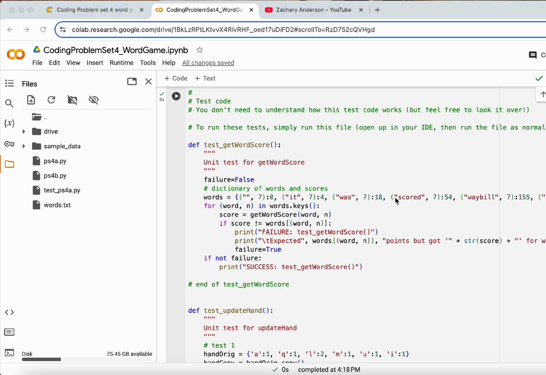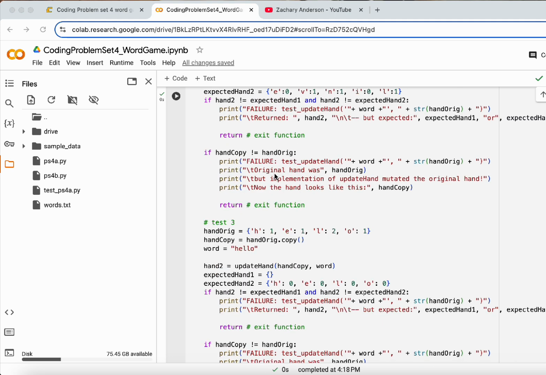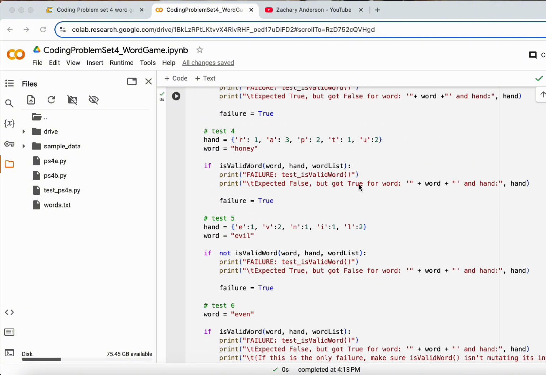As I previously stated, we have code here that will help us test these functions as we go along. So before we implement any functions or do any coding, these tests will return as failure, such as this message here, which says failure, test update hand does not work, so nothing's been implemented. But if your code is correct and everything works, we should be able to scroll down here and get a success message. So if we run this,